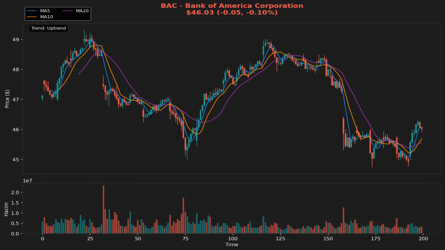The 10-day moving average at $45.69 and the 20-day moving average at $45.55 further highlight that BAC is currently above these longer-term averages, suggesting a bullish trend in the intermediate term. The relationship between the price and the moving averages is crucial for understanding market sentiment. The fact that BAC is above both the 10-day and 20-day moving averages indicates that there is underlying strength in